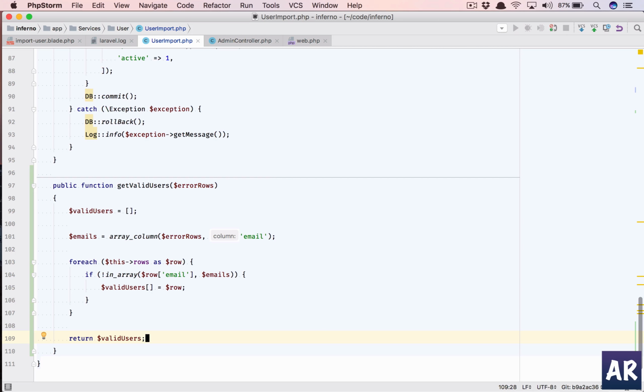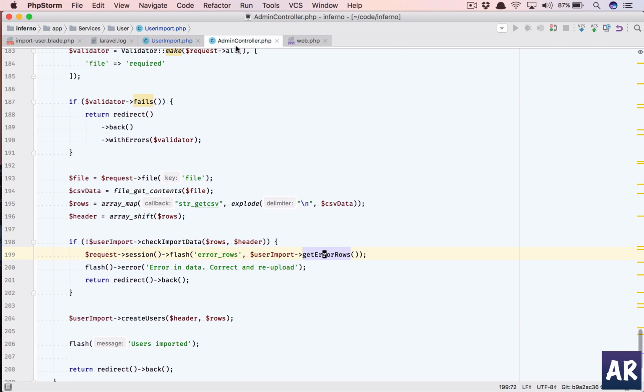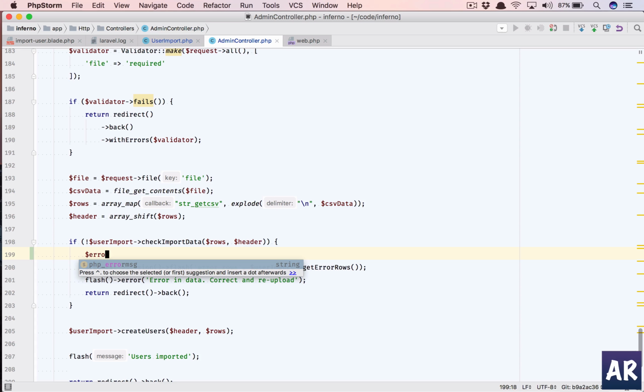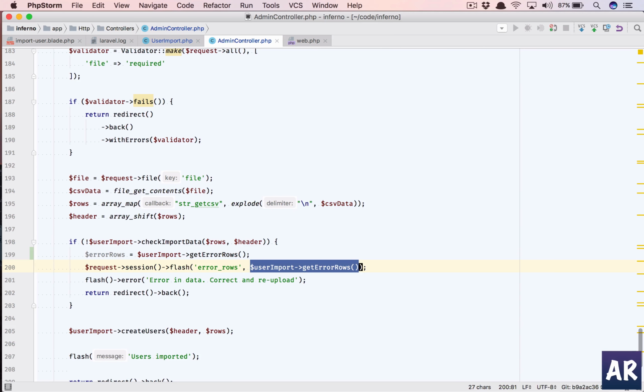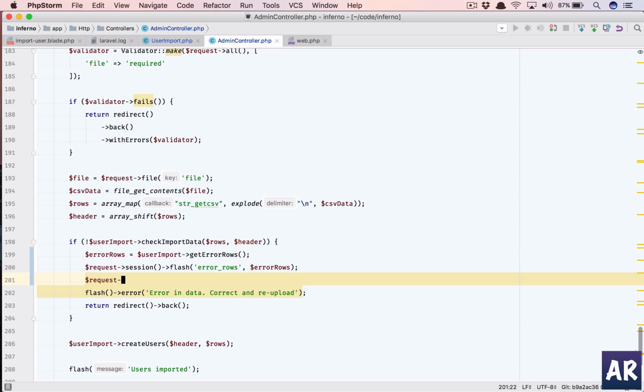So we'll append that row in our valid users array which I've created, and we will return it back. Okay, and now we come back to our controller. Let's go here, and we'll need to pass the error rows, right? So we'll take it in a variable, and we'll say $error rows is equal to this. We'll pass $error rows and request session